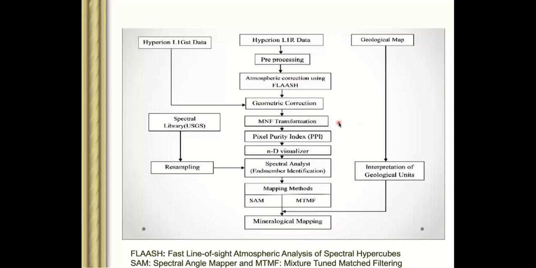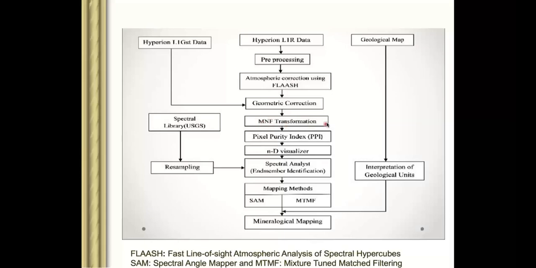The same type of thing happens in some of the satellite bands also. You get some noise in those bands. So we need to estimate those noise fractions and remove them, because that noise will create problems in your overall analysis. Those are instrument problems, because of some filter problem, because the bands are actually taking data through some filters. If those filters are noisy, then you will get noise in your bands also. So we need to remove this noise by using the MNF transformation.